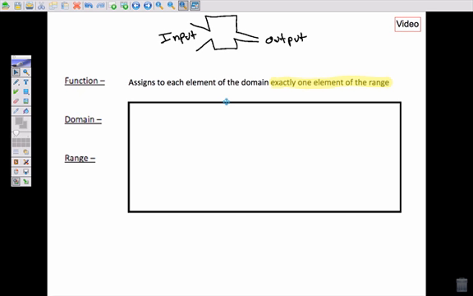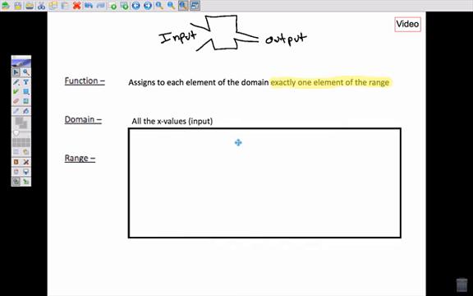One input can only have one output. You can't have one input that says, well, sometimes my favorite color is green, now it's red, now it's black, now it's purple, now it's green again. So that's where we get that one input is assigned exactly one